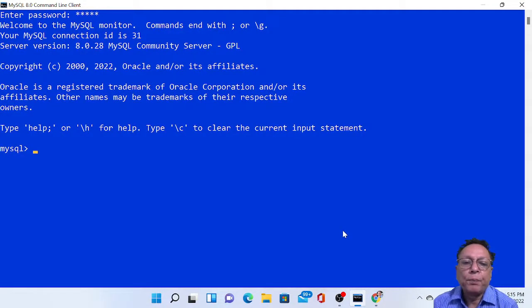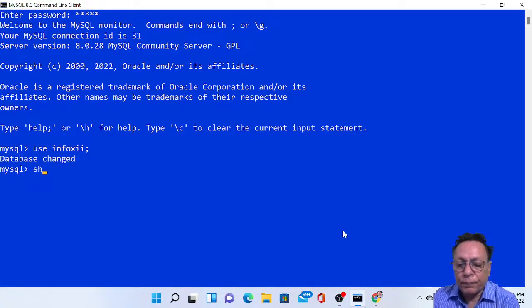So here, this is your MySQL, and I want to show you how to apply these aggregate functions. And before that, we want to see how order by clause works. So use info 12th, this was the database, show tables,